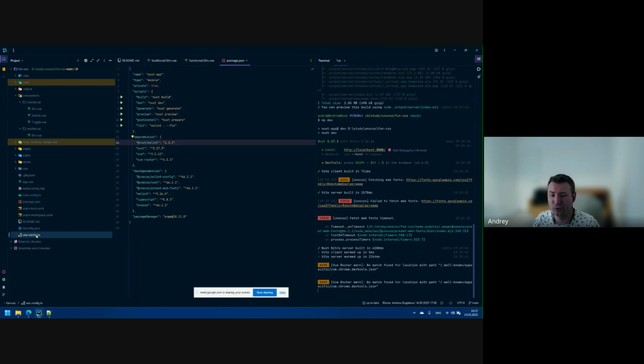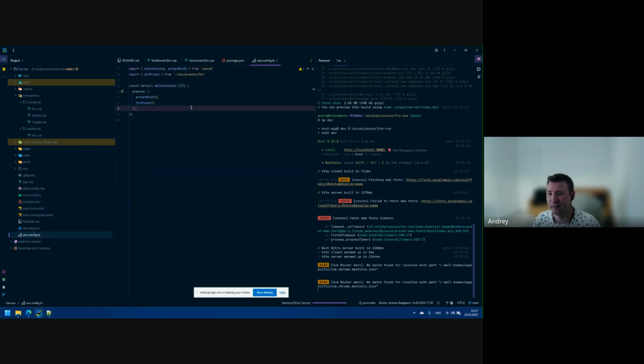If you go to the uno config file for configuration, you'll see it's also pretty minimalistic. So you don't need to write a huge amount of configuration. You just specify presets, and that's it, right? Here I'm starting from the preset Wind3, which is right now the default one. It's actually the Windy3/Tailwind preset. For those that haven't used it before, as I said, you can create any framework with UnoCSS, and it supports all the features of Tailwind, both 3 and 4, plus many other features